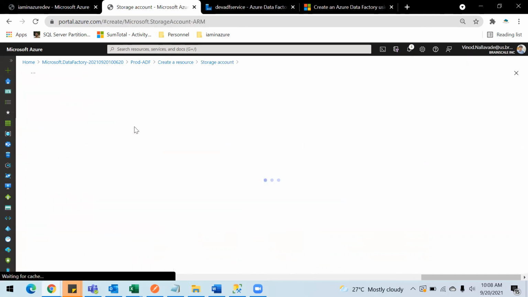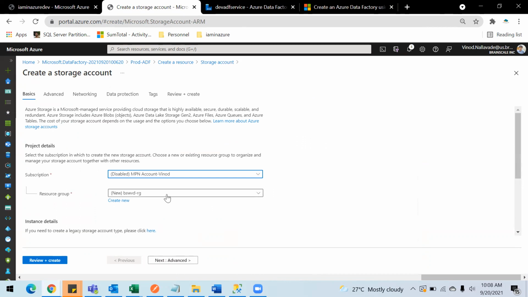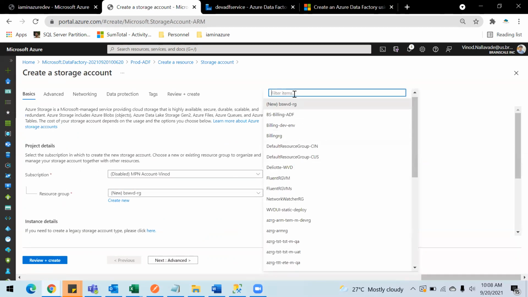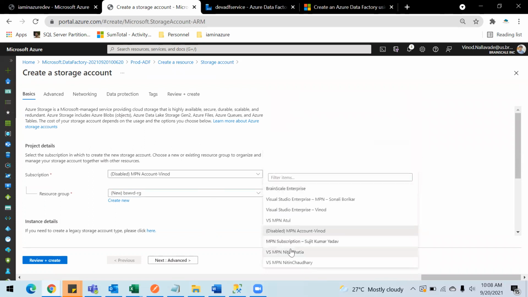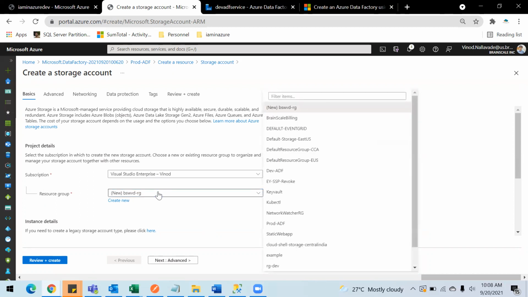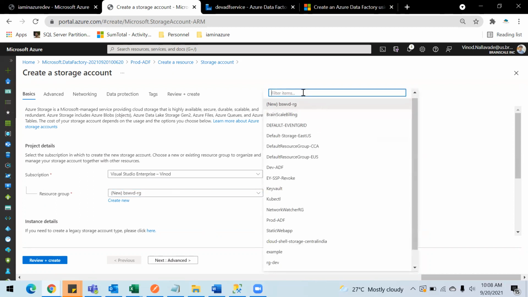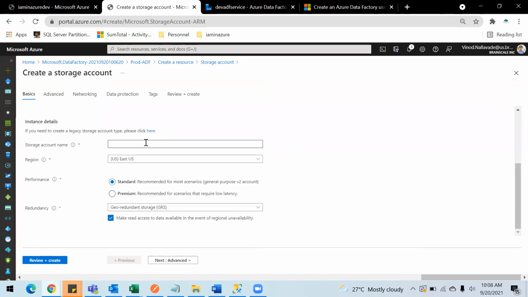There you go. So again, I'm going to select the proper resource group. And the storage account name.